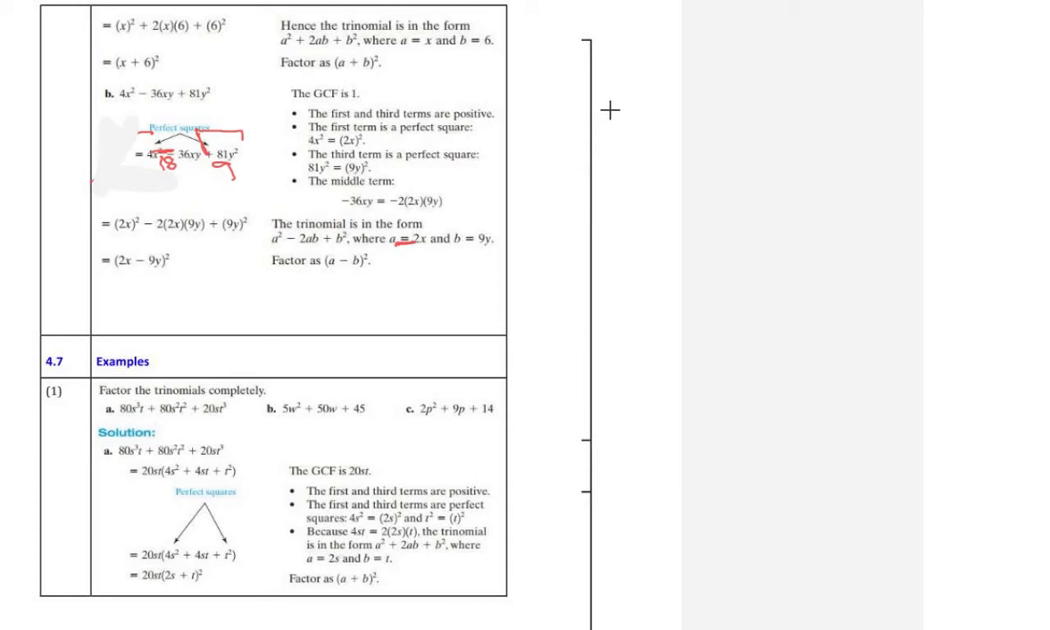So it will be the square root of the first one, which is 2x. The sign remains the same, the second one there. So that sign there is the one that's coming in here. The square root of the last one, which is the 9, and the y, and that is a perfect square. Okay, so the perfect square is